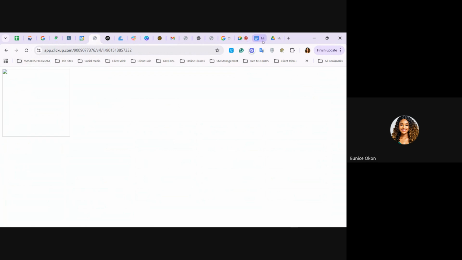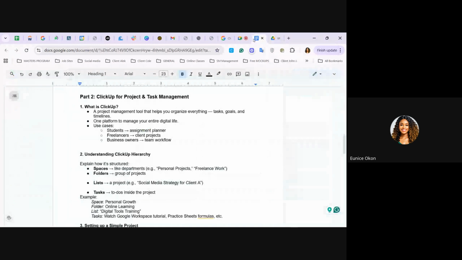But very quickly, let me explain what ClickUp is. ClickUp is a project management tool, more like a productivity tool that really helps you to streamline your tasks, your goals, your timeline, and everything. If you have ever missed a deadline, you're going to need ClickUp. I miss deadlines a lot. So most times, aside from the fact that I use Google Calendar, other tools like ClickUp come in very handy when I'm dealing with